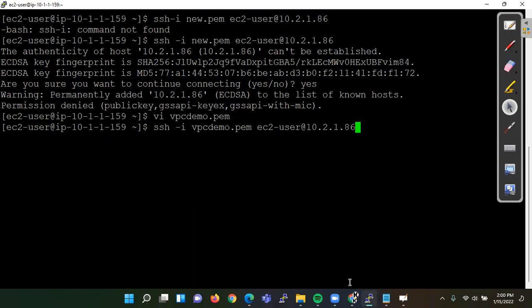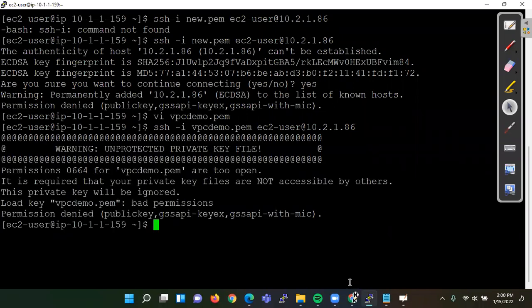Okay, ssh -i VPC demo dot pem ec2-user. Okay. Oh my god, what happened? The execution permission was missing. Right.